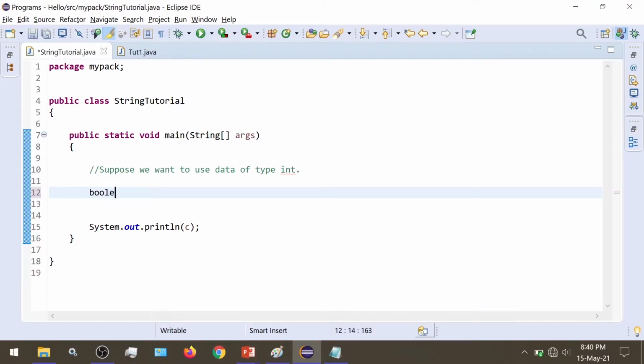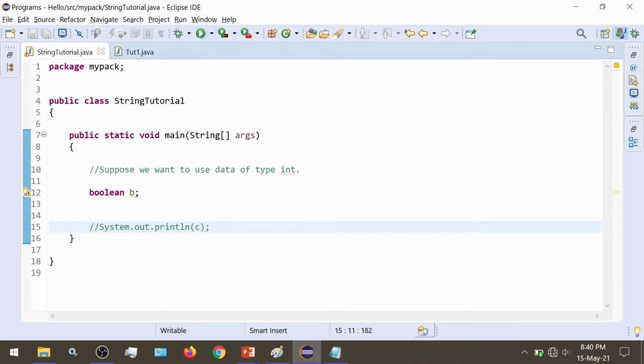So, boolean b, so that now we will define the variable boolean b. When we run this program, it runs successfully without any error, and since it has nothing to show as output, it doesn't show anything and it just ends.